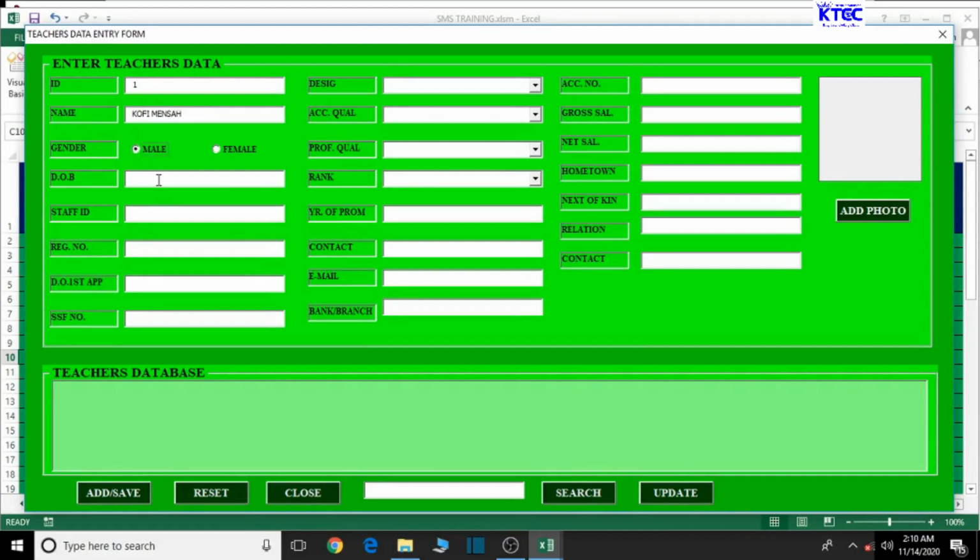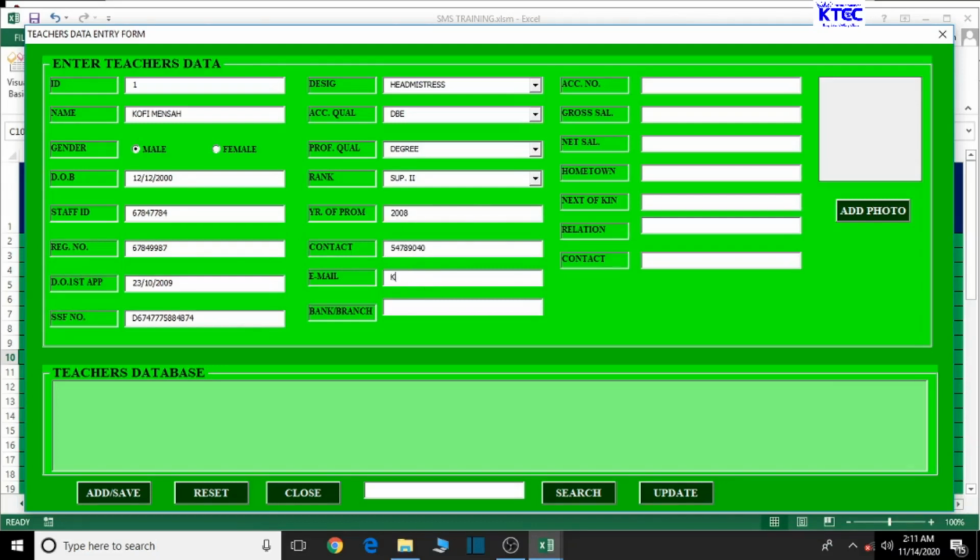So male, date of birth 12/12/2000, staff ID some random numbers, registered number some random numbers, date of first appointment 23/10/2009, SSF number D, then some random numbers in addition, designation this and then that and then this and then this and then, year of promotion 2008, contacts some random numbers, email address,